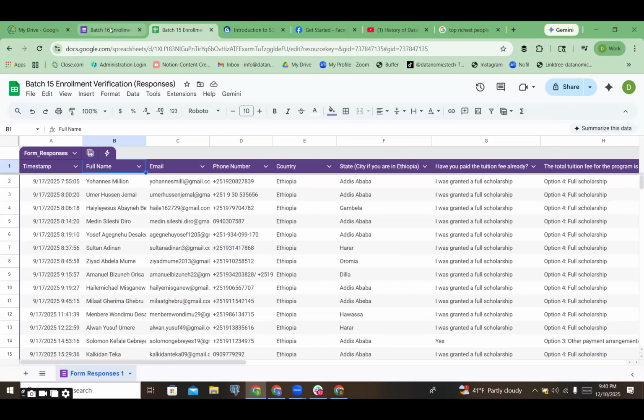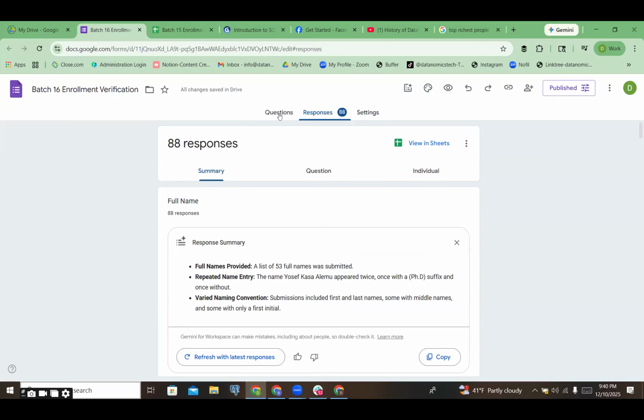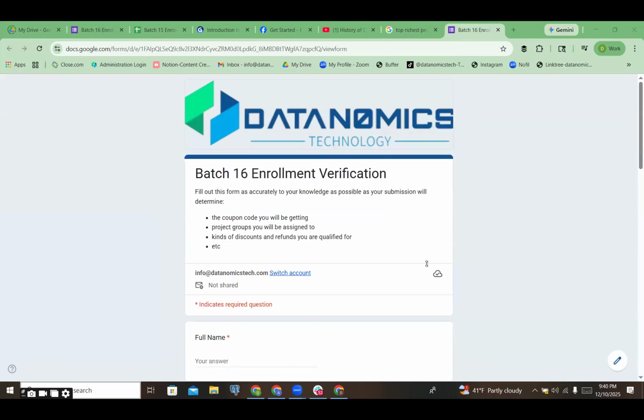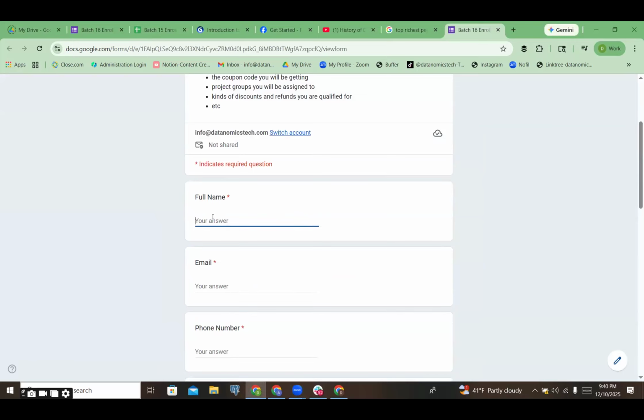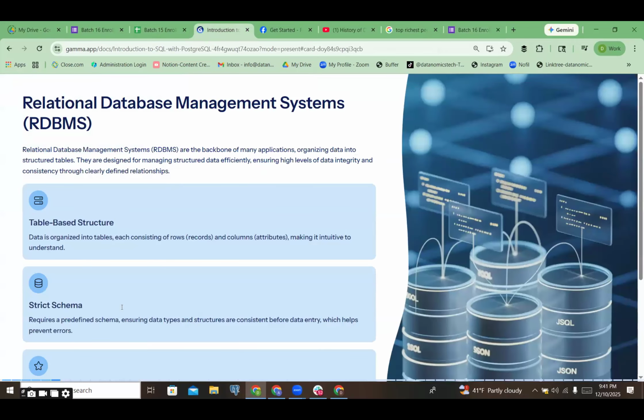For example, if there's a form, this is a form I gave you to fill out earlier, that doesn't really restrict anyone from providing gibberish data. Let me open up the link and show you what I mean. For example, here it asks for full name. I can just type my phone number if I want to. The system wouldn't tell me no. But in relational database systems, you cannot store a number where text is expected to be stored. So they have very strict requirements,